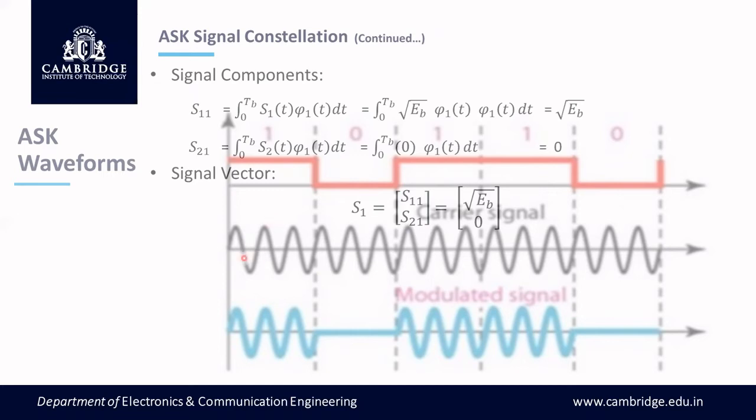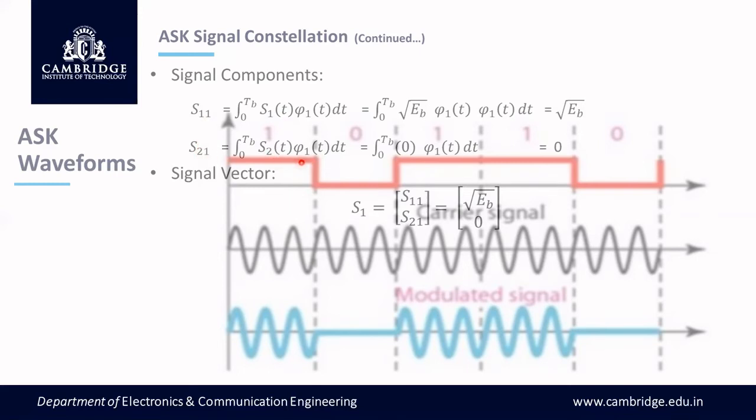We have values as signal components. That means 3 cycles of sinusoidal carrier signals. So the 3 cycles of sine wave are chosen to represent one bit. If you look here, the frequency of the sinusoidal carrier signal is 3 times more than the frequency of the binary signal. This is done by multiplying S1 of t and 5 of t and integrating. So this gives S11. Similarly, S21 is also the multiplication of S2 of t like that.